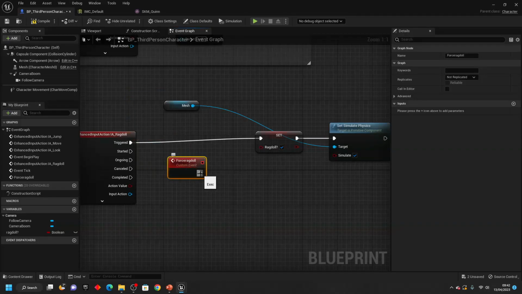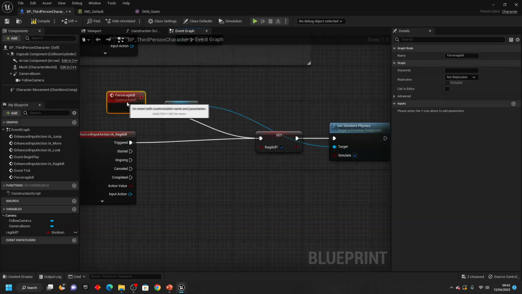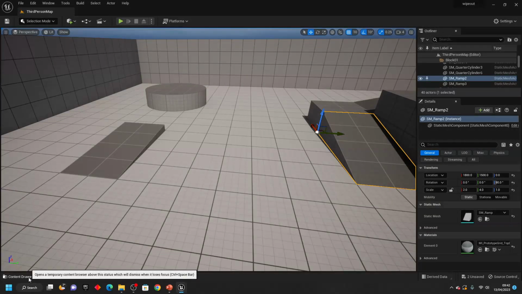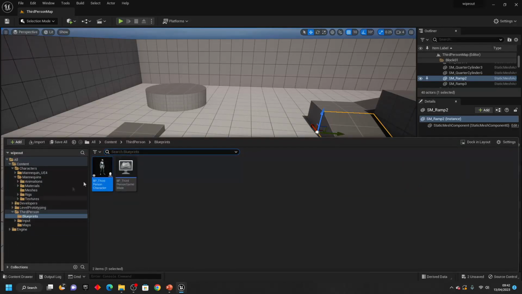Then just connect from here into here. Basically we're going to call this force ragdoll custom event whenever my player character hits something. So we can just compile this and close this. Then if we open up the content drawer again, inside of this blueprints folder, I'm going to right click and